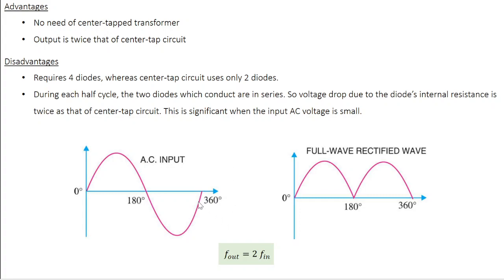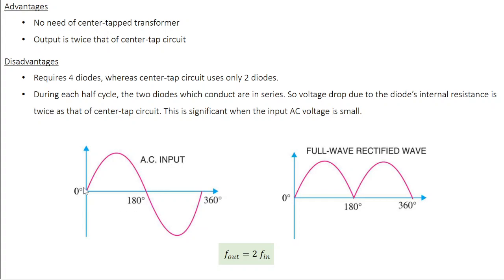And what about the frequencies? Okay. So in the case of a half-wave rectifier, we have seen that the output frequency is same as that of the input frequency. Now, in the case of a full wave rectifier, what happens to the frequency? So we know that